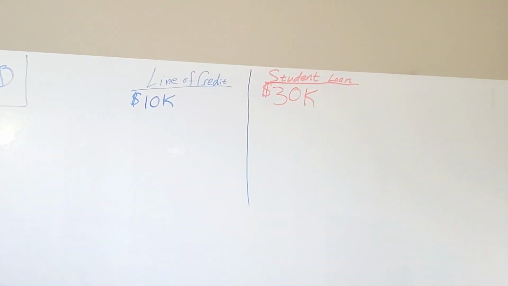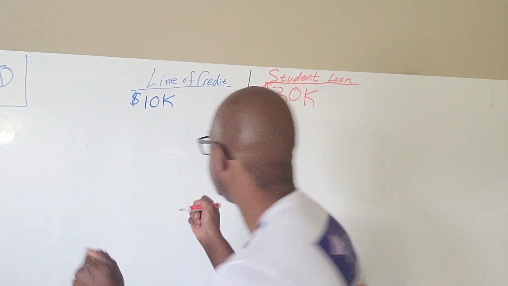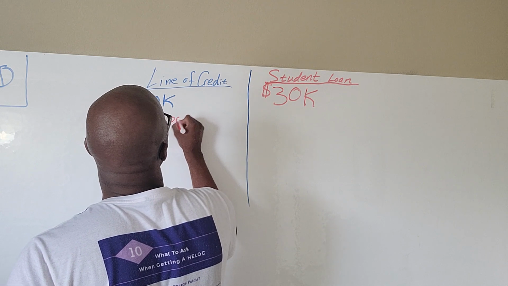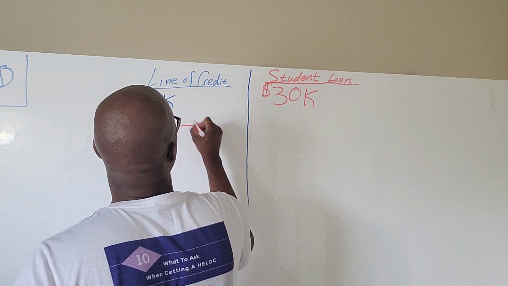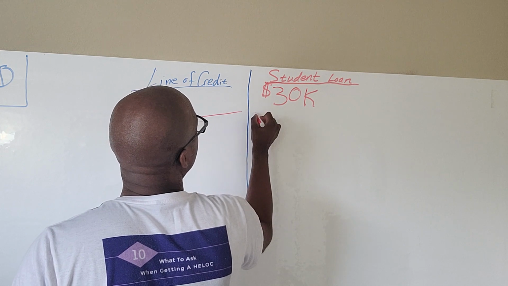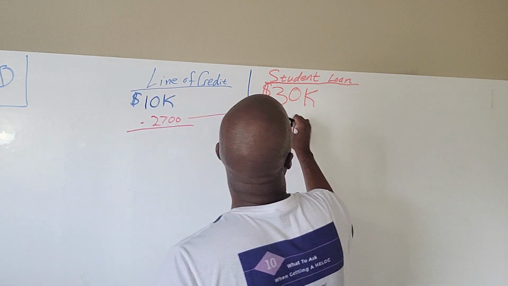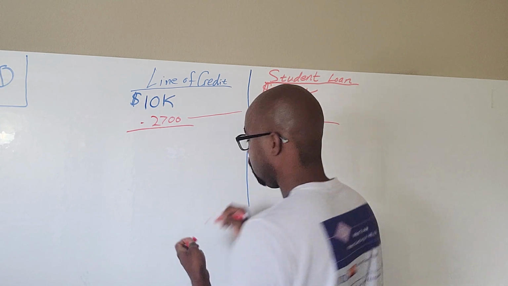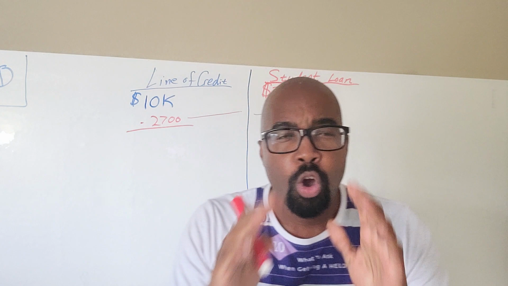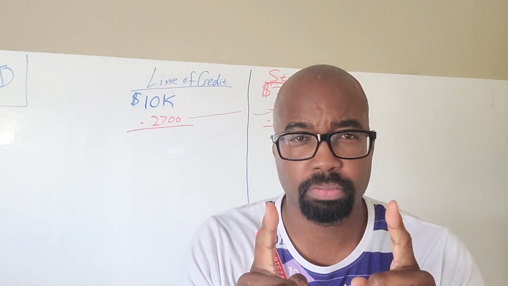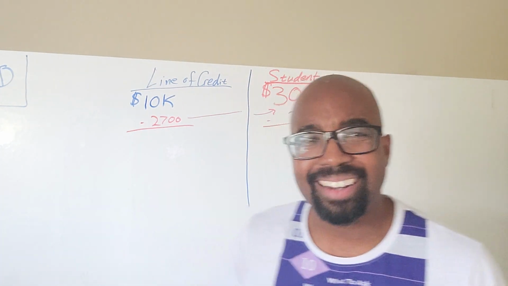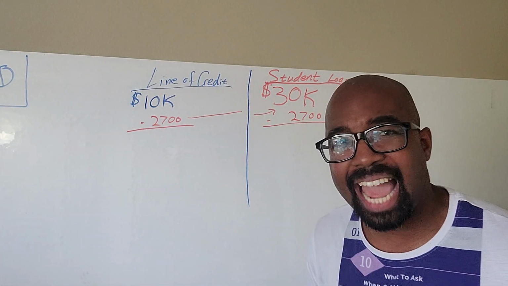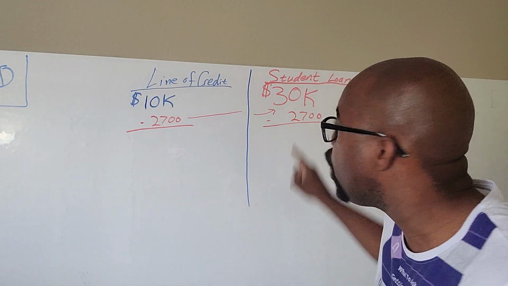is what we are going to use, minus 2,700. Okay? And we're going to go ahead and knock that down. Okay? We're going to knock down the principal. You understand? So we're going to knock down the principal by taking $2,700 from the line of credit towards that